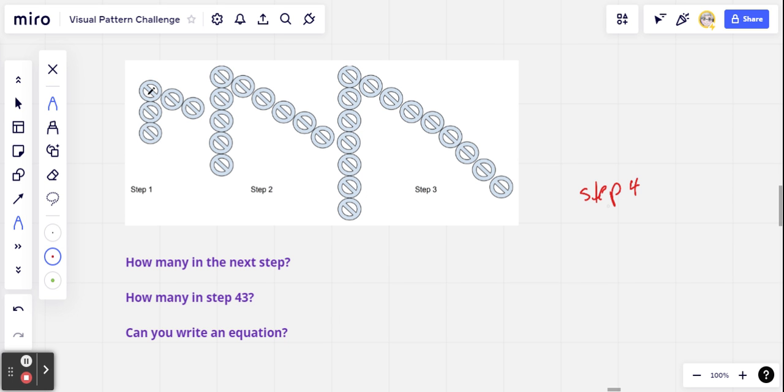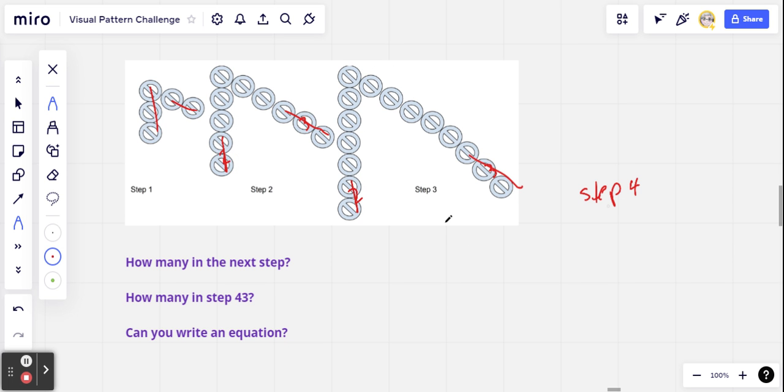Okay, so we've got these symbols in kind of a V shape, I guess, an upside down V shape. And I'm going to think about it as this upright part and then the part going off to the right. So first there's 3 and 2. And then it looks like they add 2 here and they added 3 here. So 2 and 3 were added. Let's see if that same thing happens on this next one. So there were 5. Aha, so they added 2 more again, and then there were 6, and they added 3